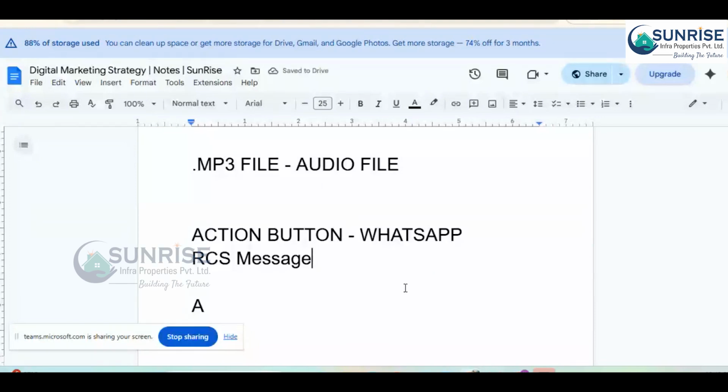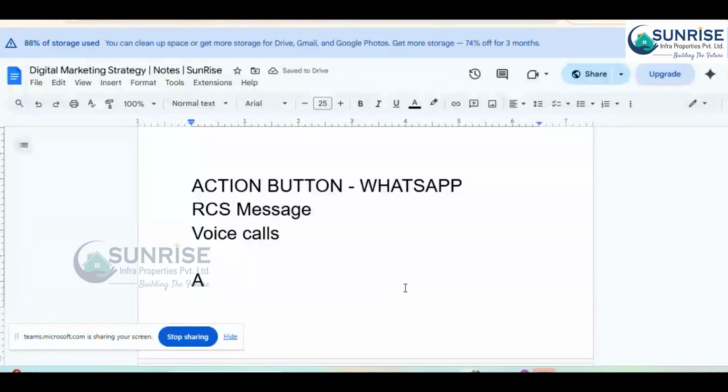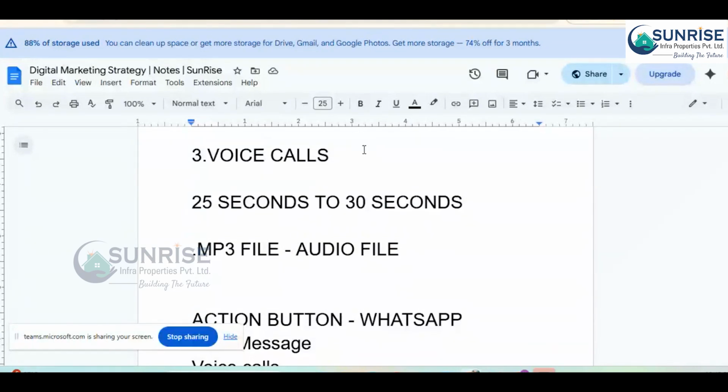And if you want to try, you can try it once. What you can try? Voice calls also. So try చేయండి చూద్దాం. So you can say this is so and so Suresh from Sunrise Infra. We have the project about so and so X. Are you interested? Please call on this number and say your number in the audio message. Because this audio message also will go from